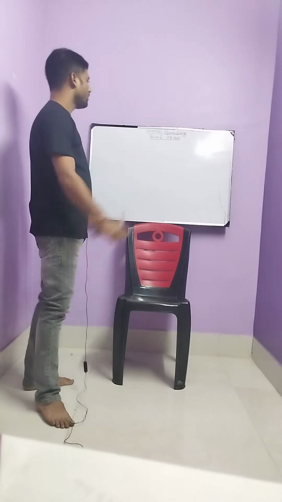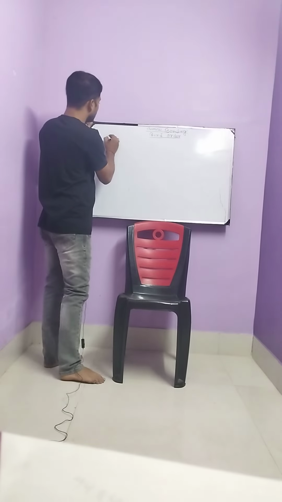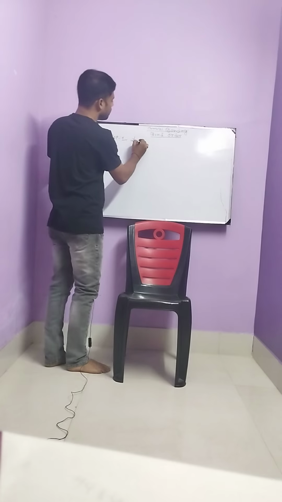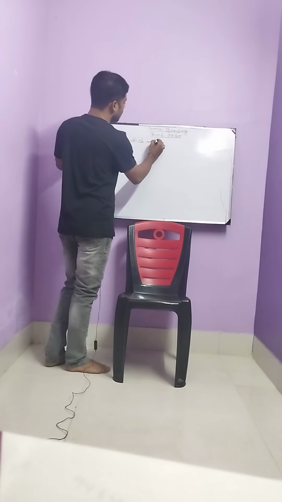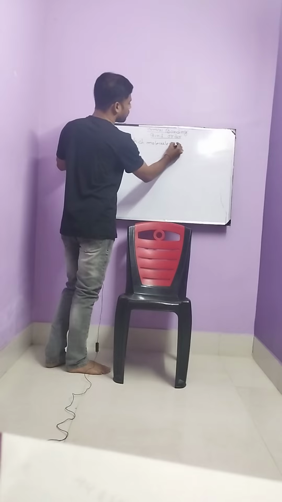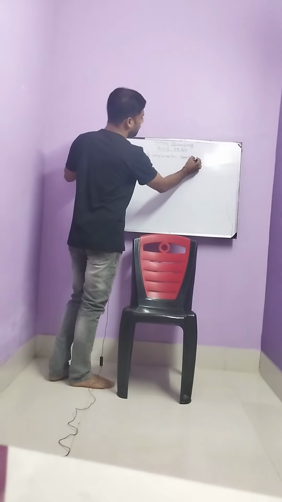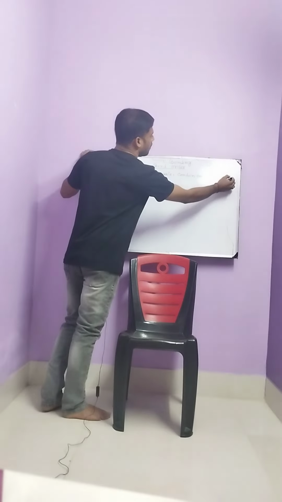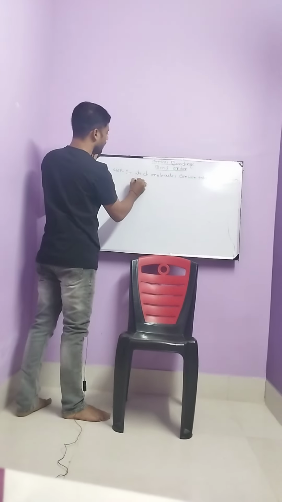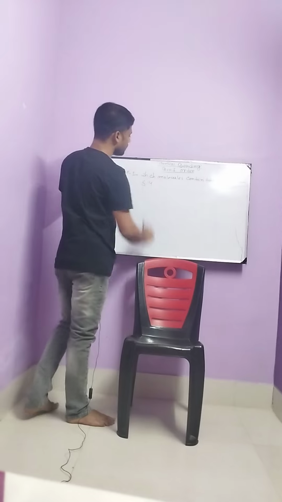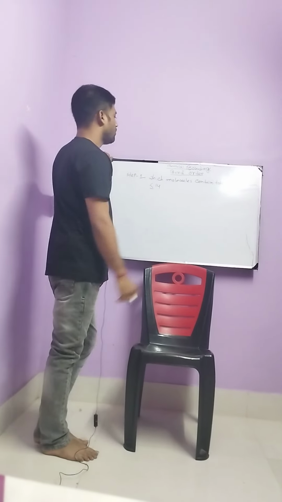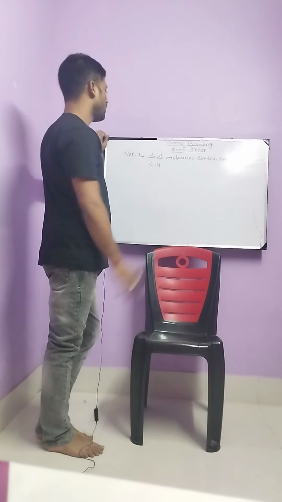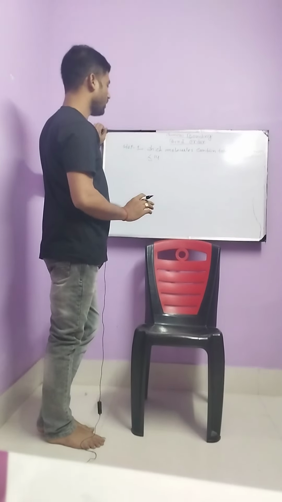Step number 1: which molecules contain total number of electrons less than or equal to 14. That means in a particular molecule, first count the total number of electrons. If the total number of electrons is less than 14 or equal to 14,